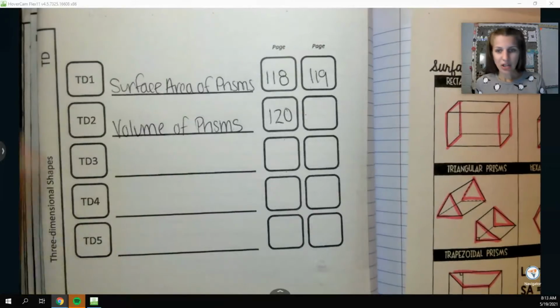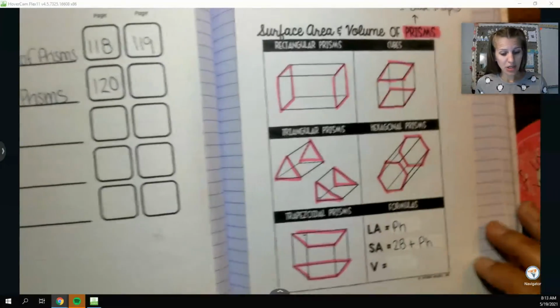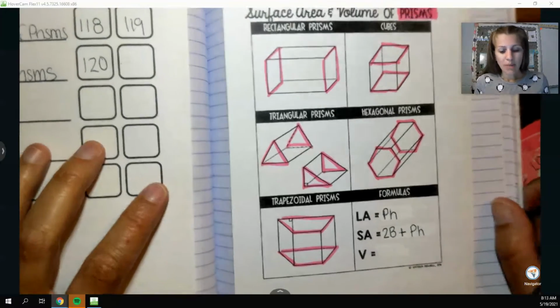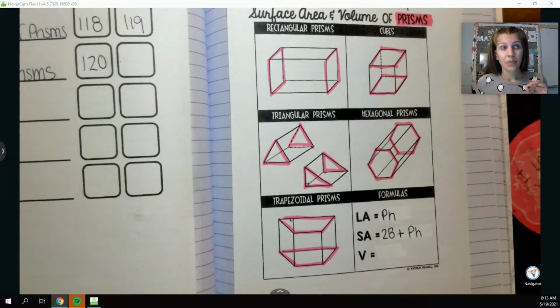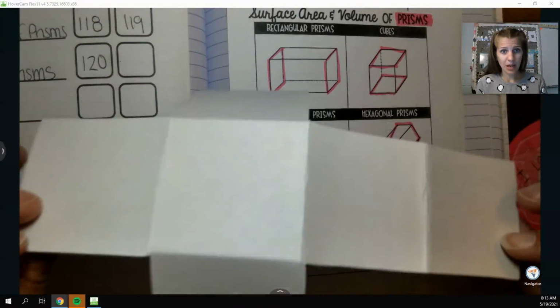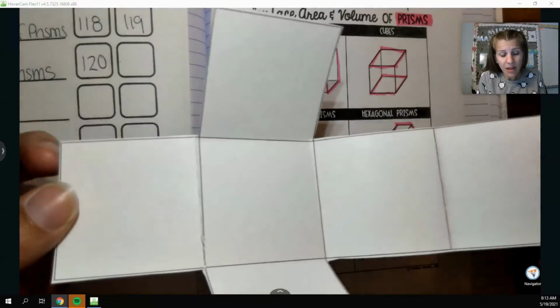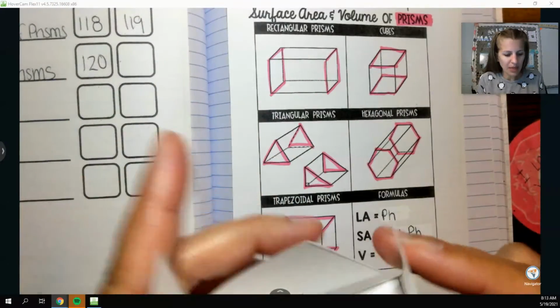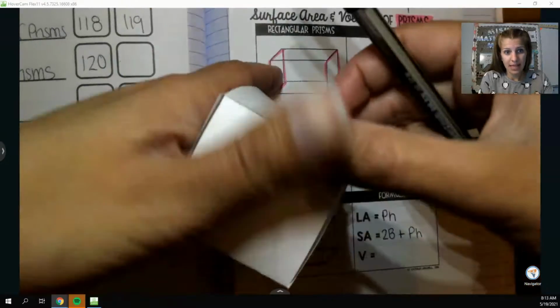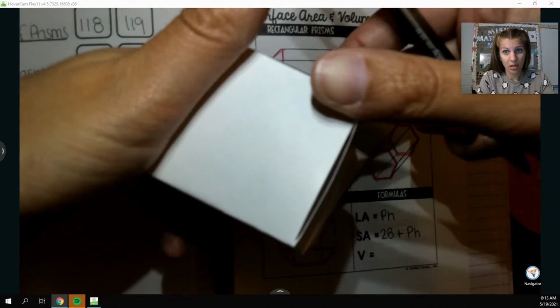Okay, so actually looking at page 118 first, we had all these prisms here. When I'm talking about finding volume, that's different than surface area. Surface area is sort of like the paper, like how much paper I have. Volume is more like how much stuff could I fit inside, like how much chocolate could fill up this